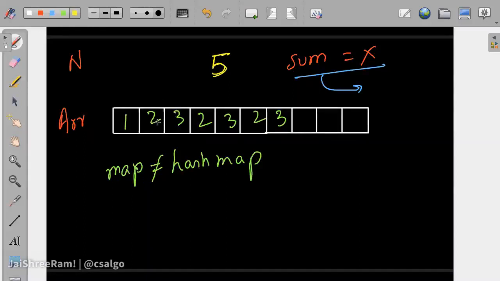Ideally, you can write an order n square solution very easily, where you start with every point and maintain a running sum. You take the first element, maintain a running sum, check if it's the target or not, and then increase the counter. Writing that particular code is very easy. From the start, move to the next element, see if the sum is 5 or not, move next, sum is 5 or not. The elements can be negative as well. I'm assuming that the numbers can be negative as well.